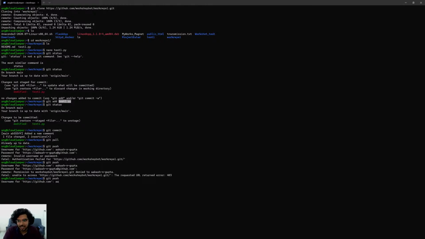Let me start again. What git add does is it adds this file, so it enables Git to track this specific file. I mentioned git add test1.py, so it is going to track all the changes which I have made to this file. Got it? No changes were added to commit, use git commit -a. If I use git commit -a, that means all the changes in all the files I have made will be directly committed.